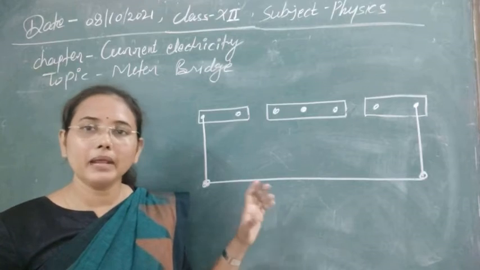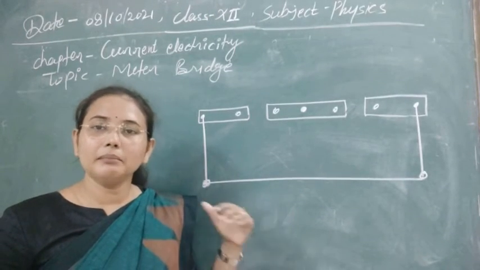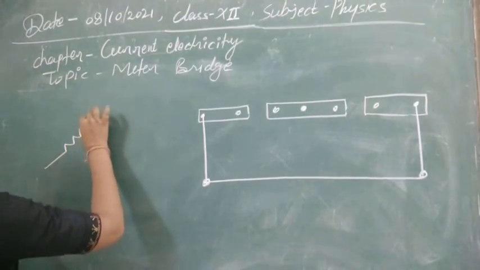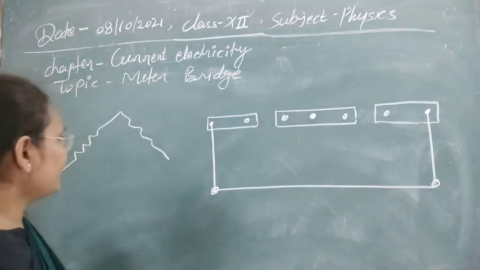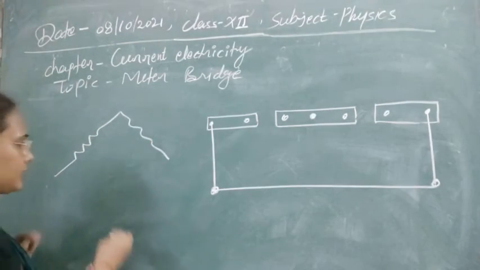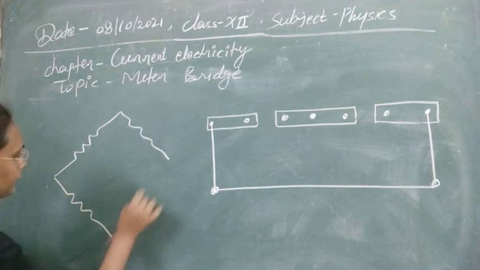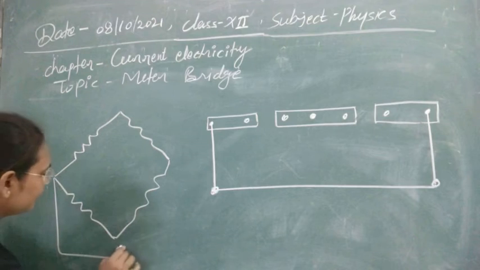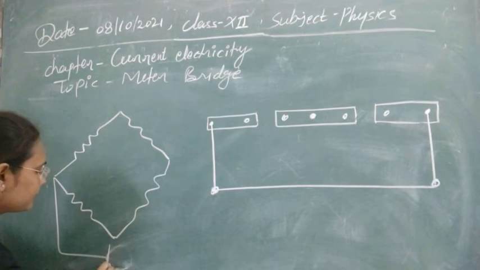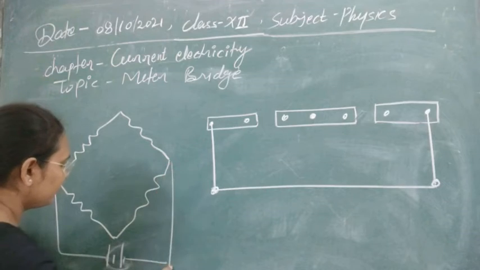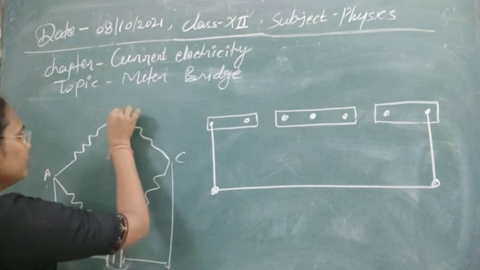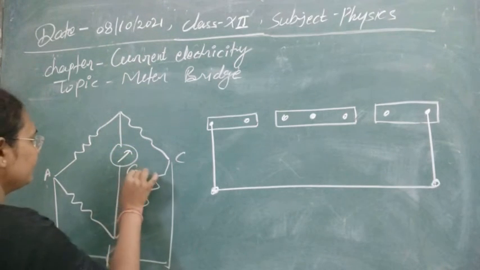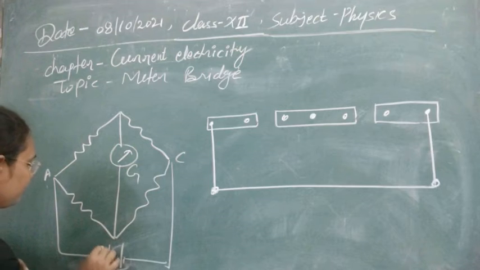So let's see how can we convert the meter bridge into the Wheatstone bridge form. As for Wheatstone bridge, you have 4 resistances, and these resistances are connected in form of a bridge, and there we are connecting a potential source, and if it is DC, we can connect a battery here. Now this is suppose point A and C. In between point B and D, a detecting device like a galvanometer we are connecting here. You can also interchange these both.